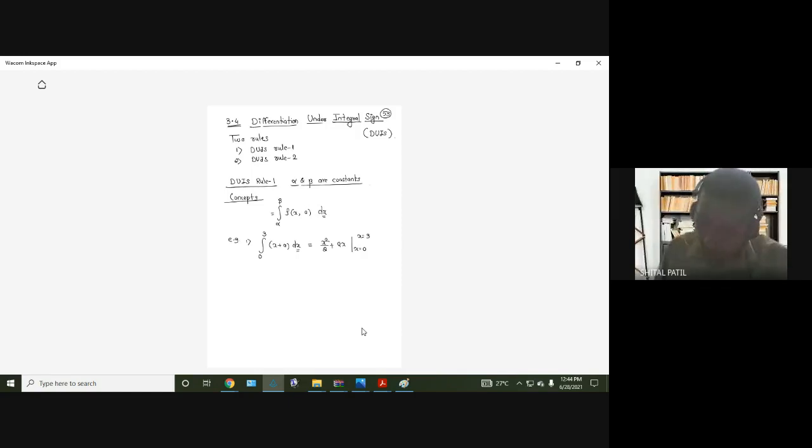after integrating, we have like this: 9 by 2 plus 3a minus 0. So what is remaining? 3a plus 9 by 2. So x is not remaining anywhere. X will not remain. Understand? We are integrating with respect to x, so ultimately x will be replaced after integration. X will be replaced by alpha and beta, upper and lower limits. So x will not remain in the answer. What will remain? A will remain.